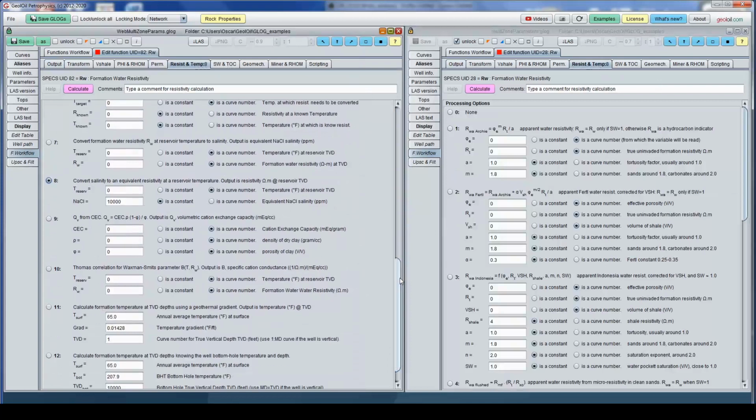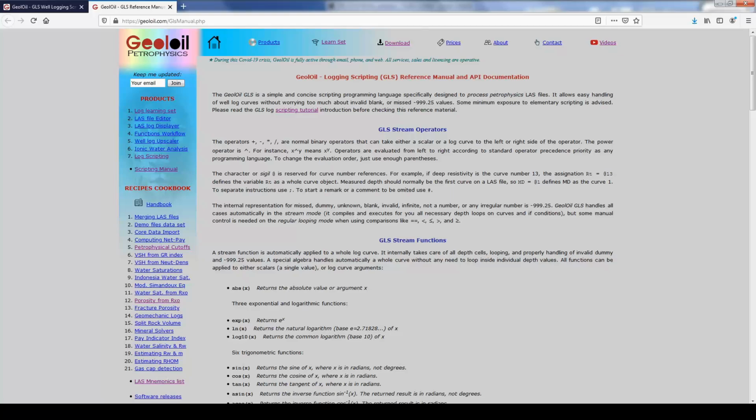If you have the salinity through ionic water analysis or lab results or whatever, if you have the salinity and the temperature, you can have the formation water resistivity through an equation. It's internal in your oil. And also on the website. You can dig into our website, you will find that.